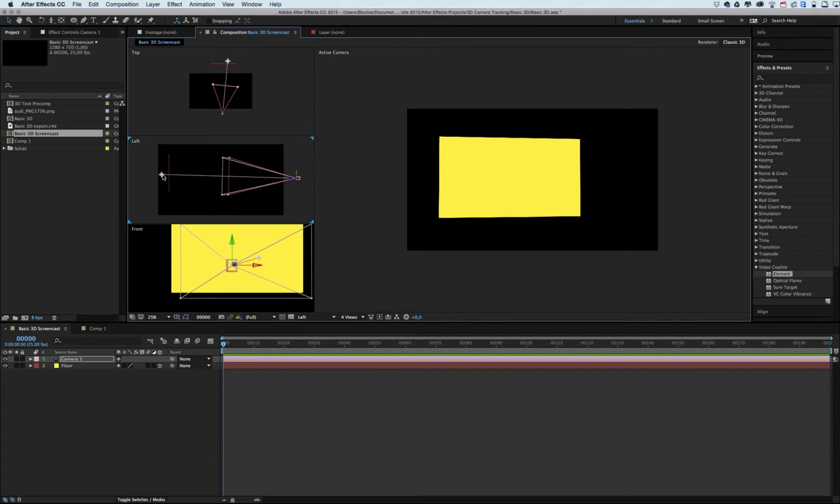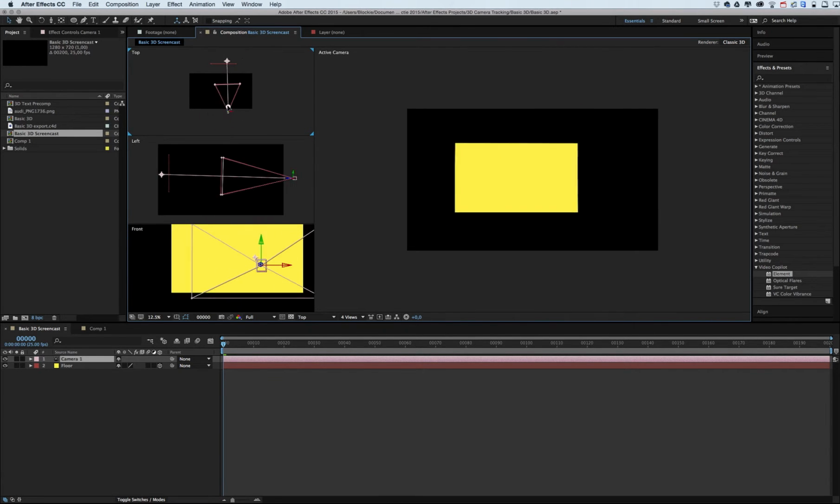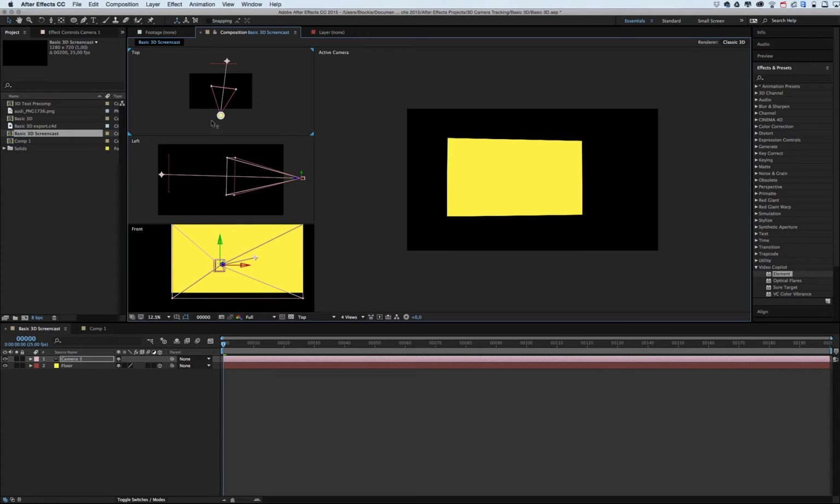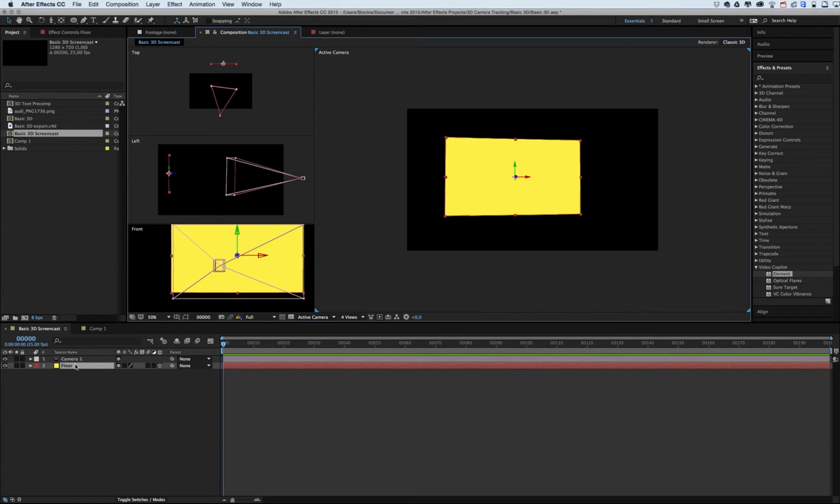But you see, when the camera is already selected and you go here, then you will always be stuck to the gizmo. If you deselect it, hit it, and go like this, then you can navigate very much freely. So this is now a 3D layer. I'm just going to position my camera